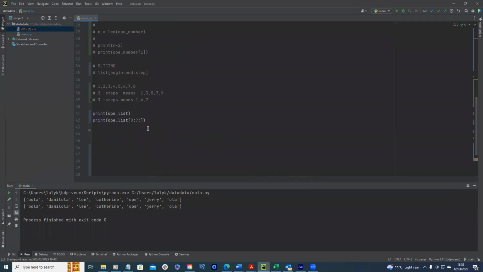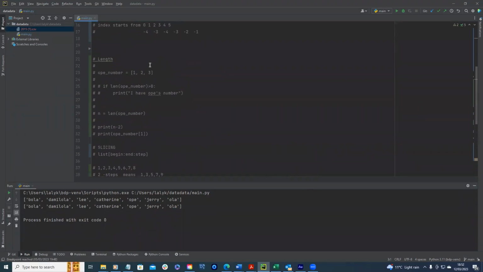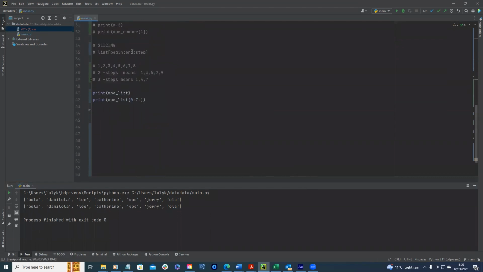But in Python, when you are using slicing with begin and end, when it gets to end, it won't pick the index you are indicating here. It's going to pick the index before it. It's just like, for example, in mathematics, if they tell you between, let's say, 2 is